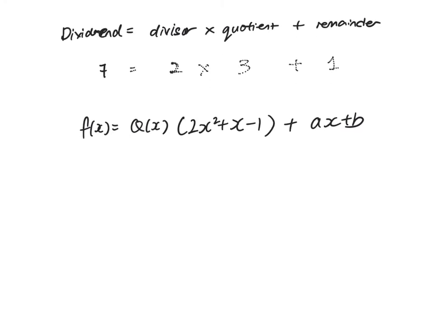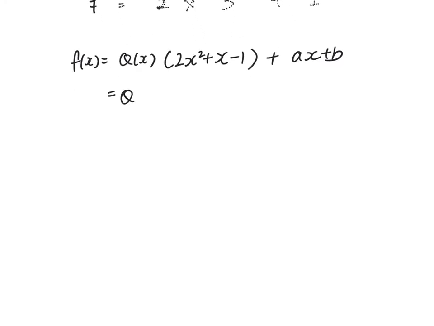Okay, so the trick here is to factorize our divisor. Now fx can be written as 2x minus 1 bracket x plus 1 times qx plus ax plus b. The reason why I factorize is so that you can actually make use of the information given by the question. Because if this is 2x minus 1, then this portion here will become like the quotient. If fx is divisible by 2x minus 1, you can conclude that f of